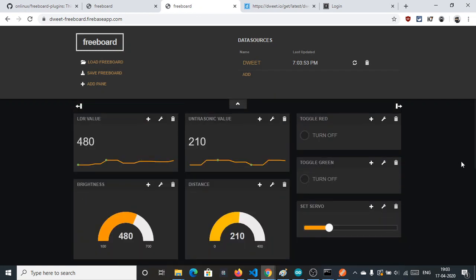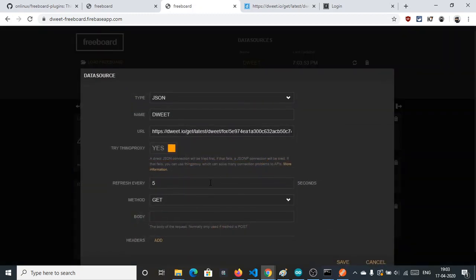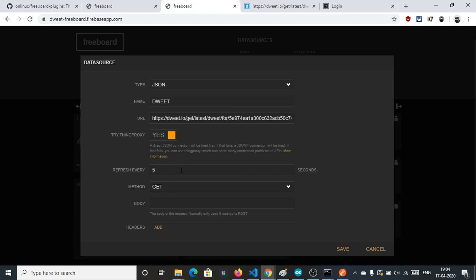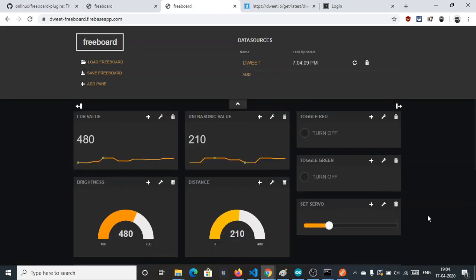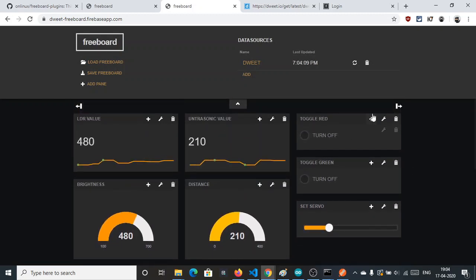This is pretty awesome, and this is changing in real time every 5 seconds, but our motive is to change the dashboard or change the data when the data is received here. After 5 seconds, if the data is not at the receiving end, it will change automatically, or it will be in a constant state. So my motive is to change the dashboard anytime when the data comes.